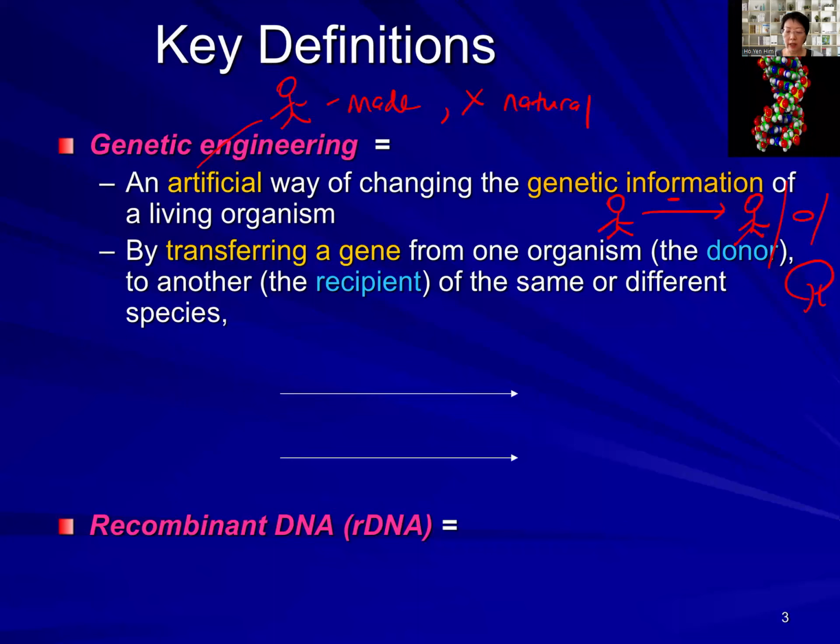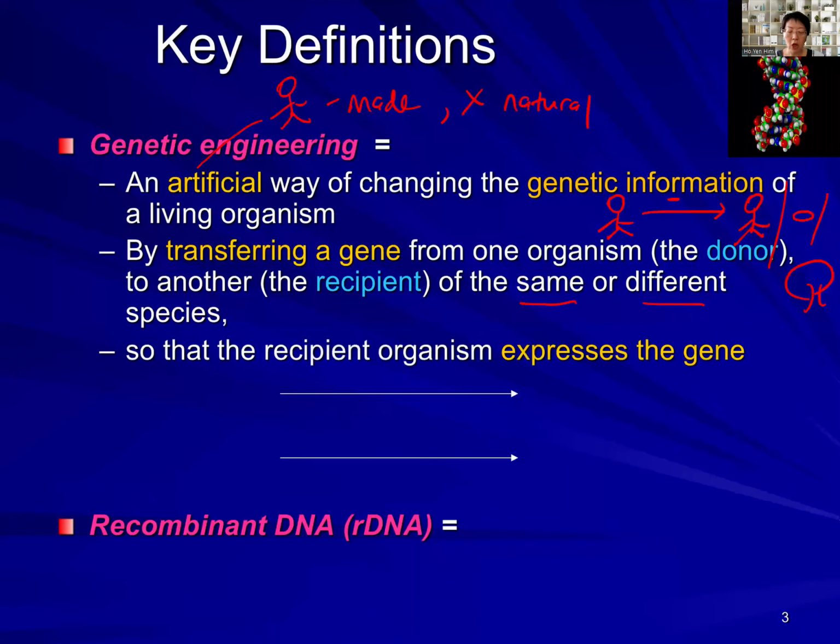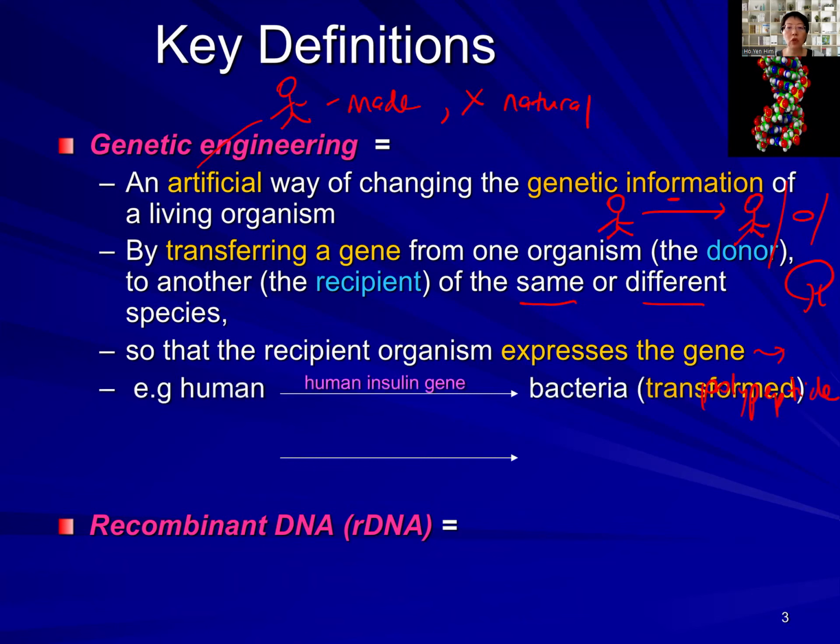These are the recipients. It can be of the same species or different species: from human to human, or from human to bacteria, human to plant, human to whatever. This is called genetic engineering, so that the recipient organism will then express the gene. That means the gene is expressed to become the polypeptide that it codes for. So, for example, if you transfer the human insulin gene to the bacteria,